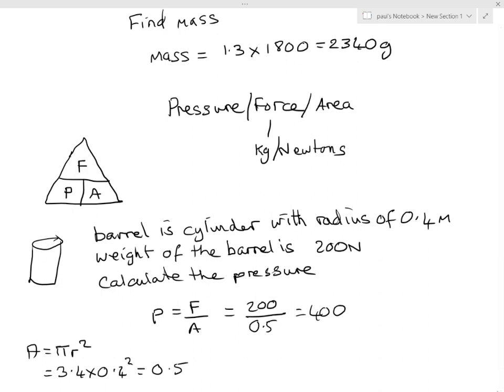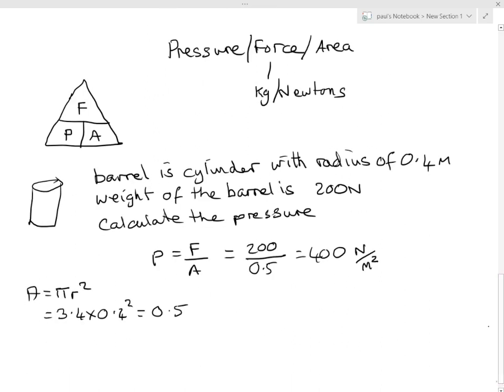And what's pressure measured in? According to this question, it's going to be newtons per meter squared. Newtons per meter squared. So a bit tricky. This should be in physics, but it's not. It's in maths. So there you go. That is the end of